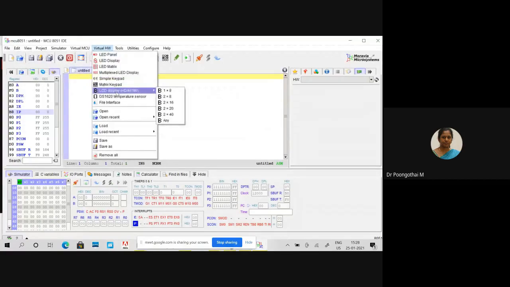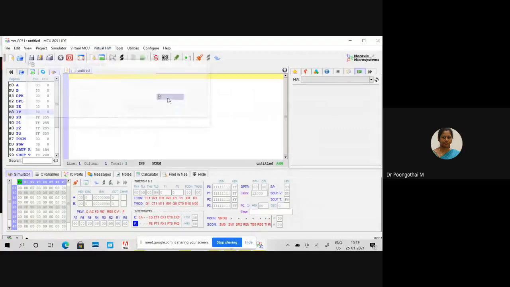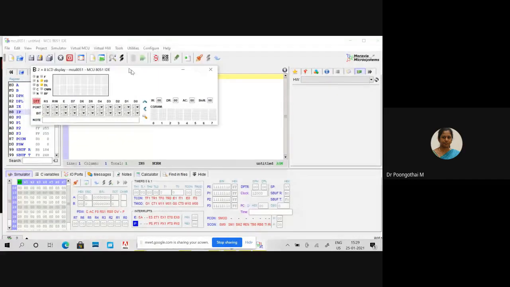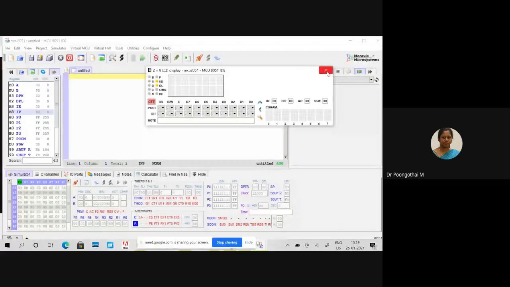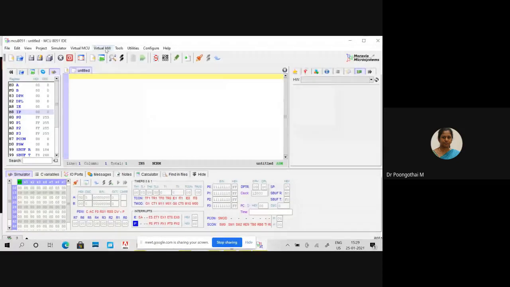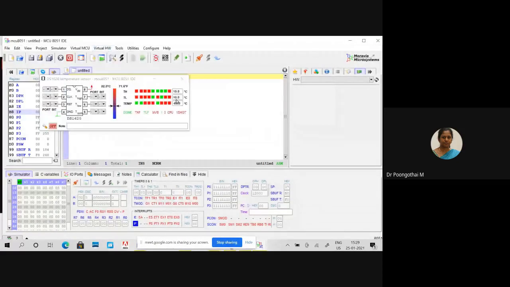LCD, and for LCD we have many options: 1x8 display, 2x8, 2x16, 2x20, and 2x40. We can program this LCD via your IO ports. And the final one is the temperature sensor. So hardware interfacing programs can be done by using the virtual hardware options.